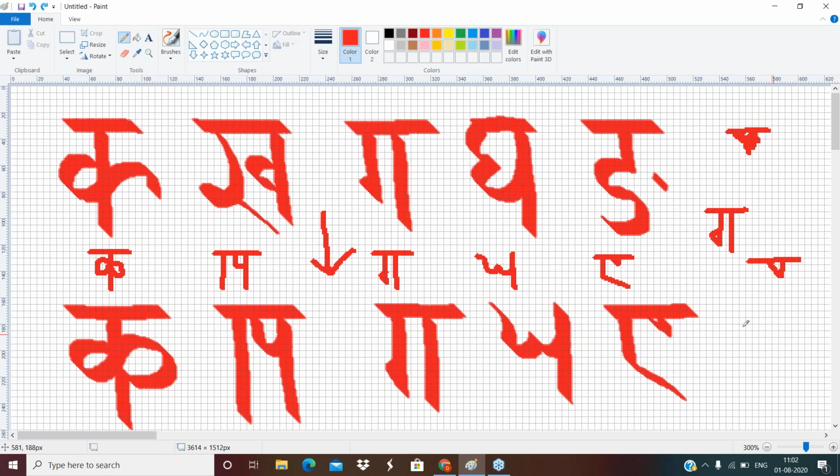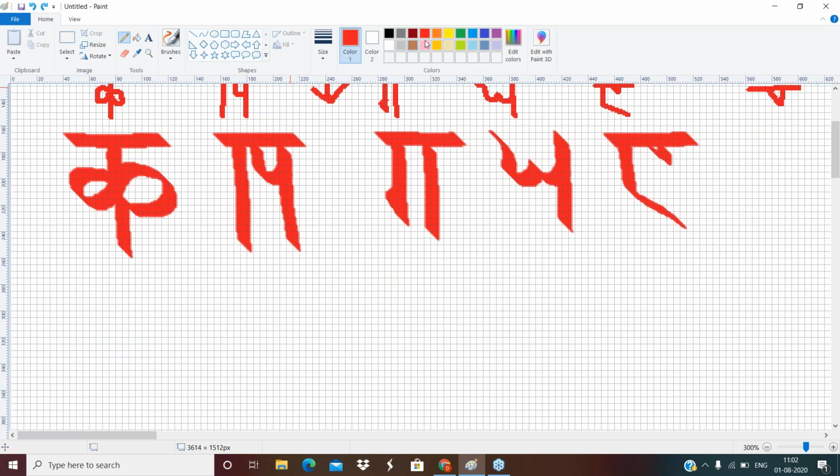Okay, sure. This Ga, right? The bigger one, right? Ga, correct. Yes. Okay, sure. And Ga also, because they are not sure about the triangle part that is in Ga.